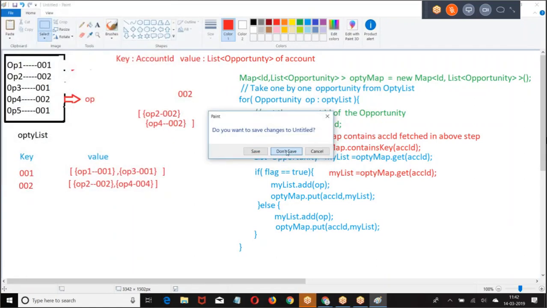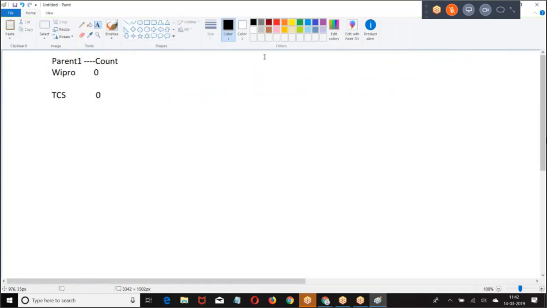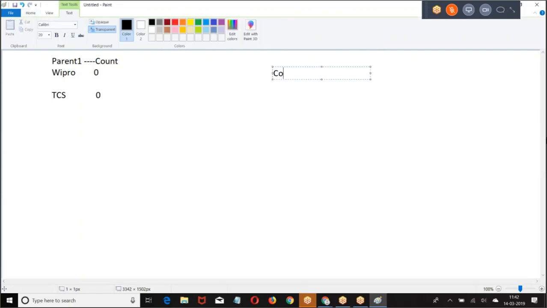Look at this. Parent 1. Now, let us say I have a count of number of child records, 0. Now, when I create a new contact, 1, then what should happen?